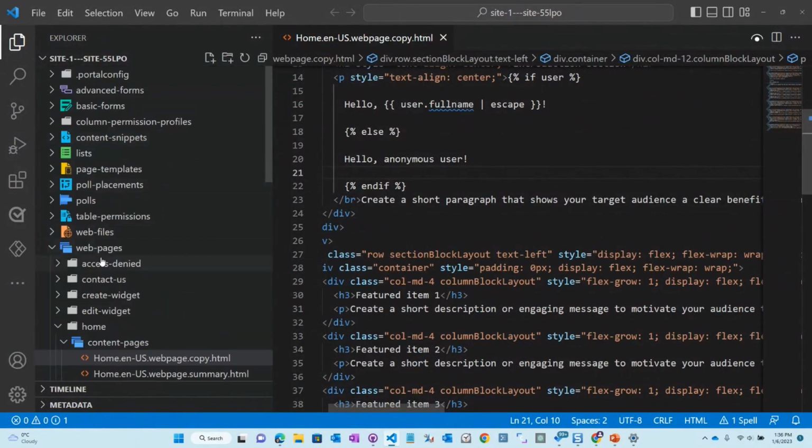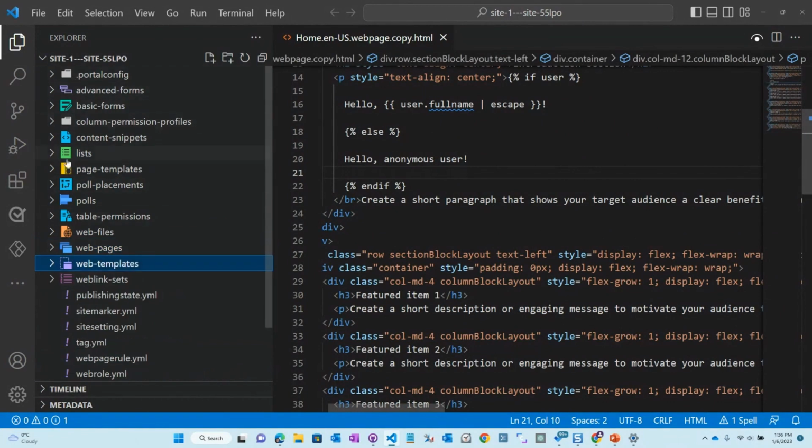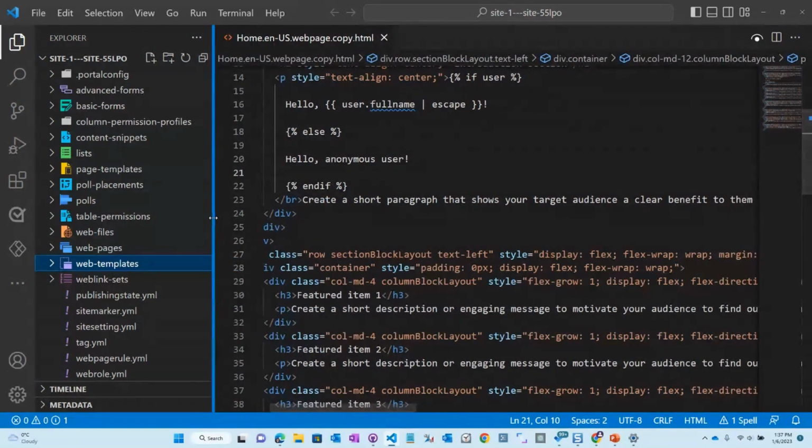And here we have all the portal metadata downloaded, and it's all nicely color coded. There's different icons here, so you can see things like basic forms, content snippets, lists, web files, web pages, web templates, all of that stuff here. So if I were to, sorry, you had a question there, Daniel? No, I really like it. It has the icons there that make it really easy to see what you're selecting, of course. So that's really cool. Yeah.